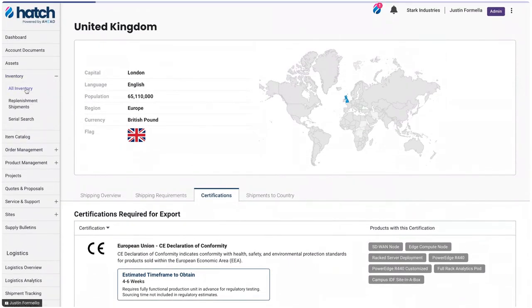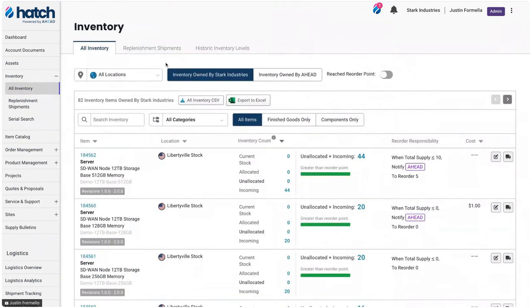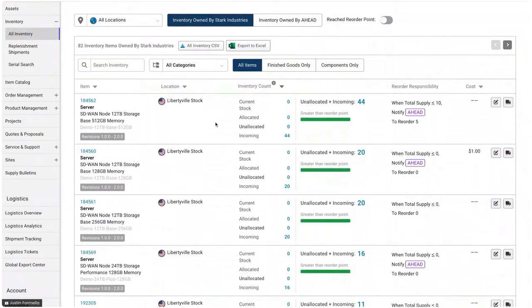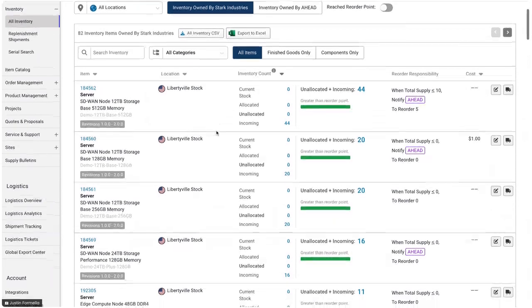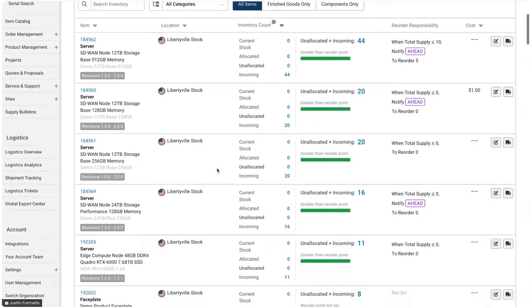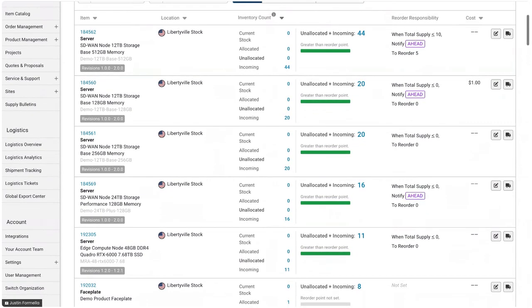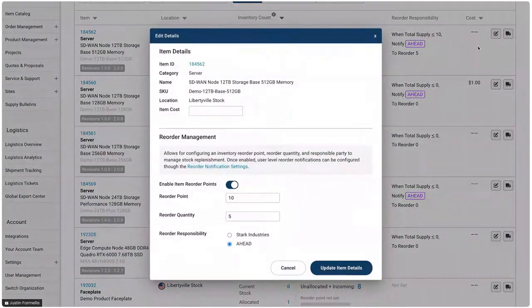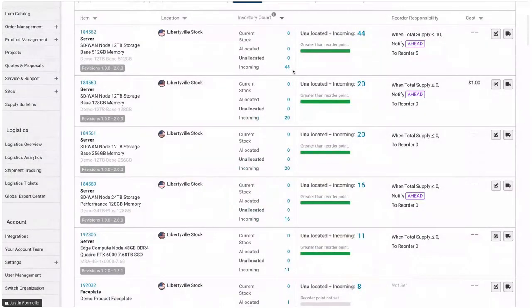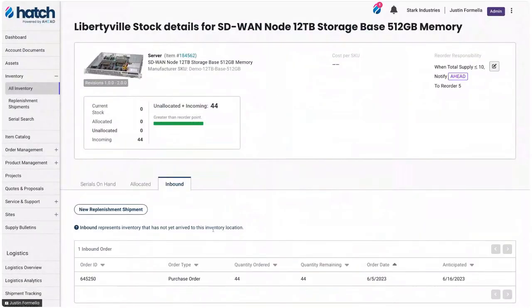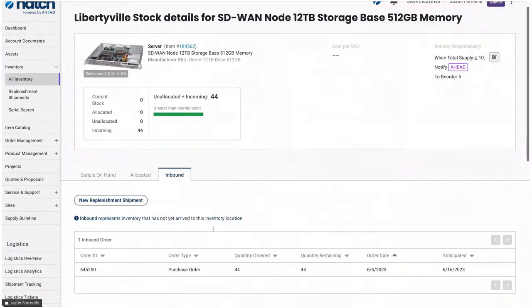Lastly, in the procurement pillar, I want to touch on inventory. Within our warehouses, we have the ability to stock and kit a variety of different materials. And what you can see here is a situation in which we can have real-time visibility on what inventory is on hand, what inventory is incoming. We can set up things like reorder points. We can see details drilling into even what's inbound, when is it anticipated to arrive.